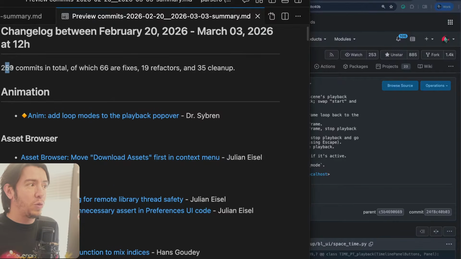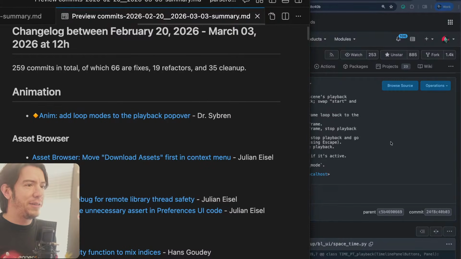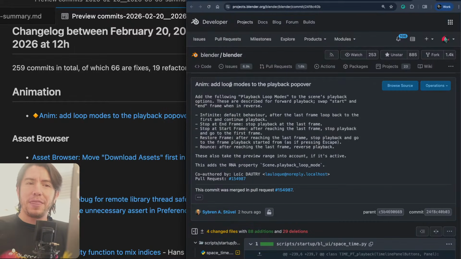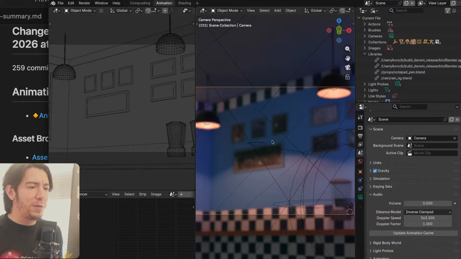But this week there's 259 commits. I'm gonna cover 31 of them, but there are also many bug fixes, refactors, and cleanups. There's always cleanup. Blender is the cleanest software there is. So this new feature is called loop. So looping in Blender, you already had a loop in Blender, right? When you play back an animation, let's start with